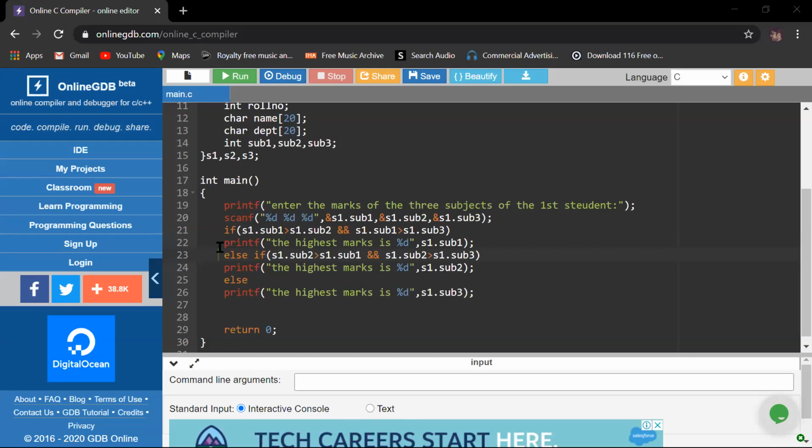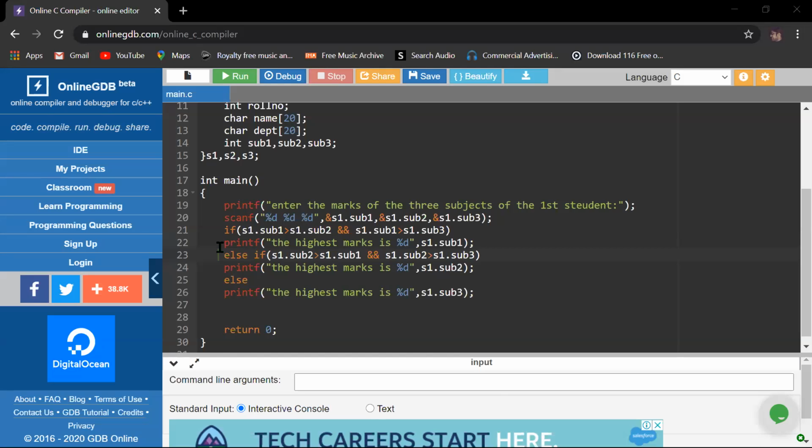Am I clear? The same thing is happening for the other subjects. All these conditions written here are for only one subject. How many conditions are there?